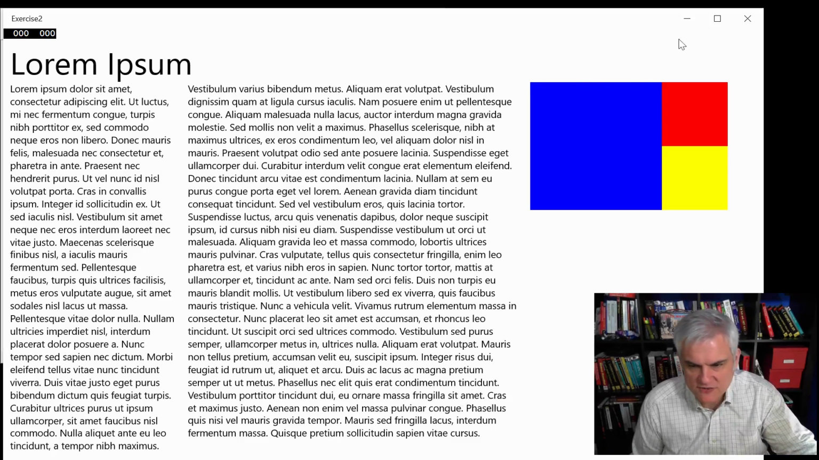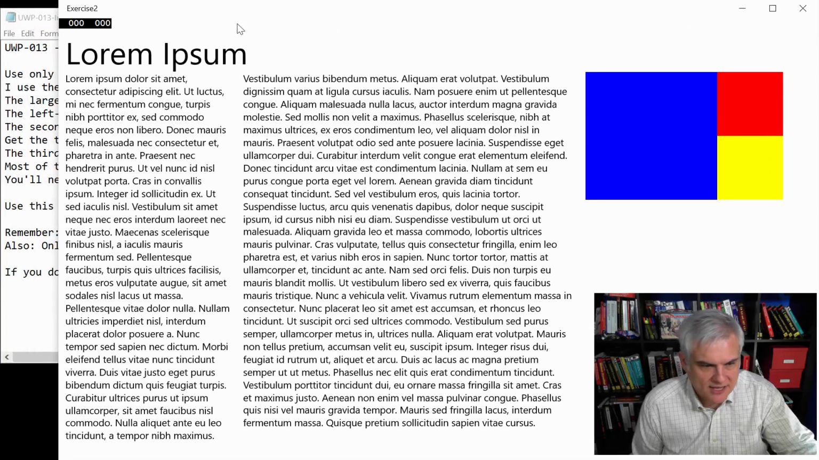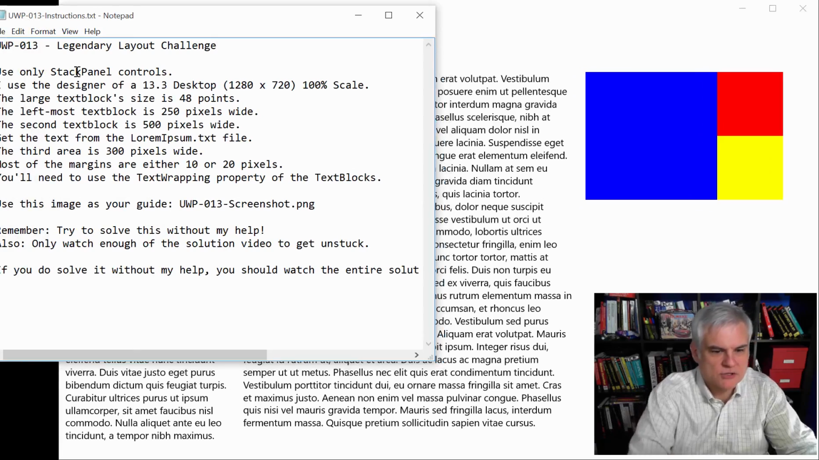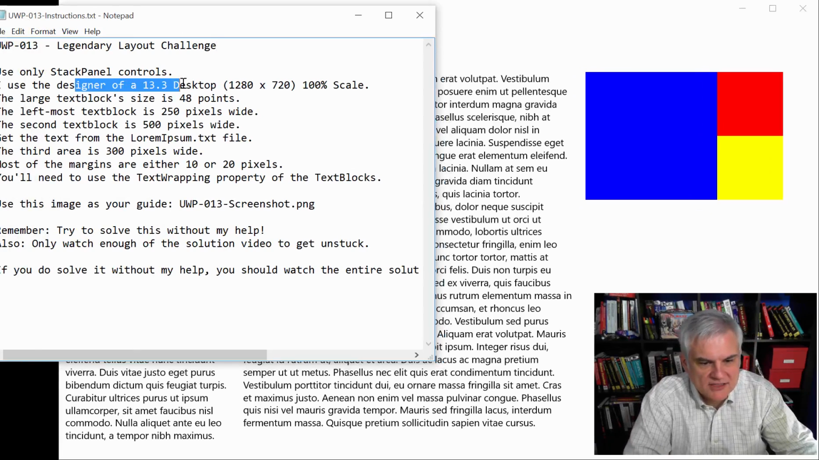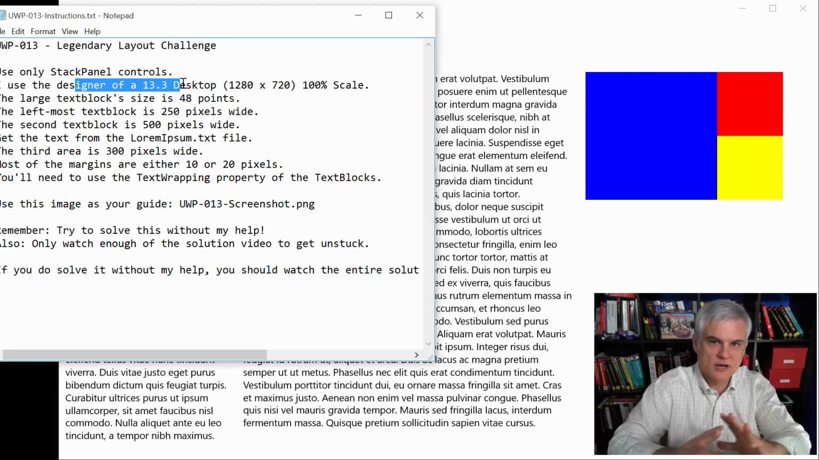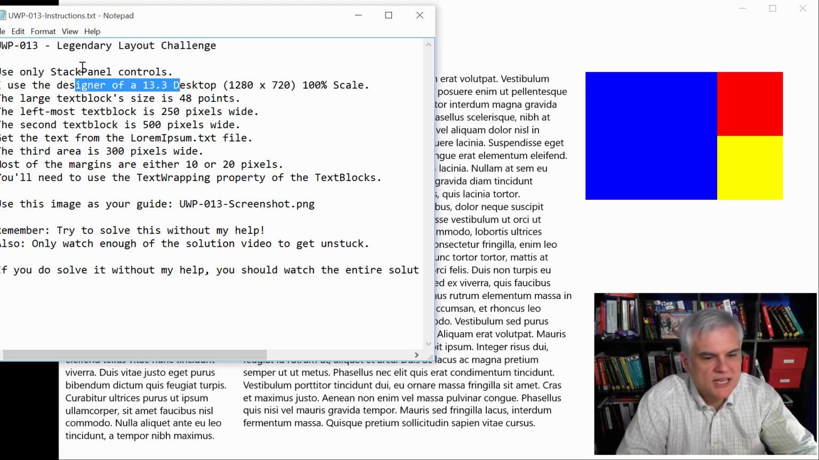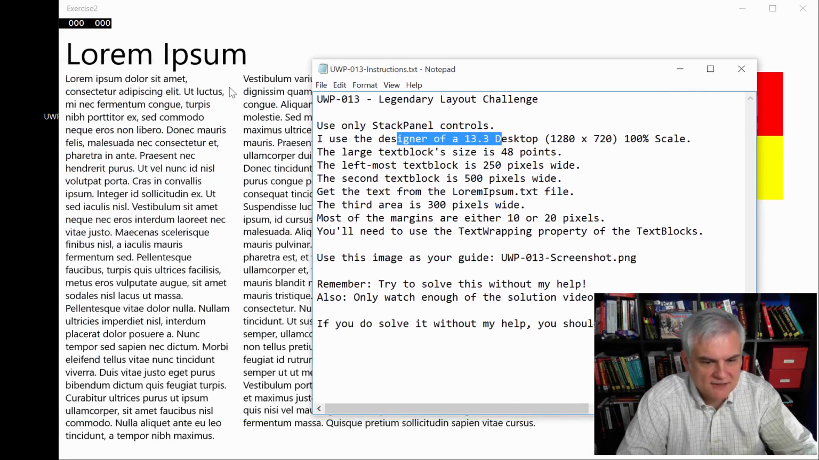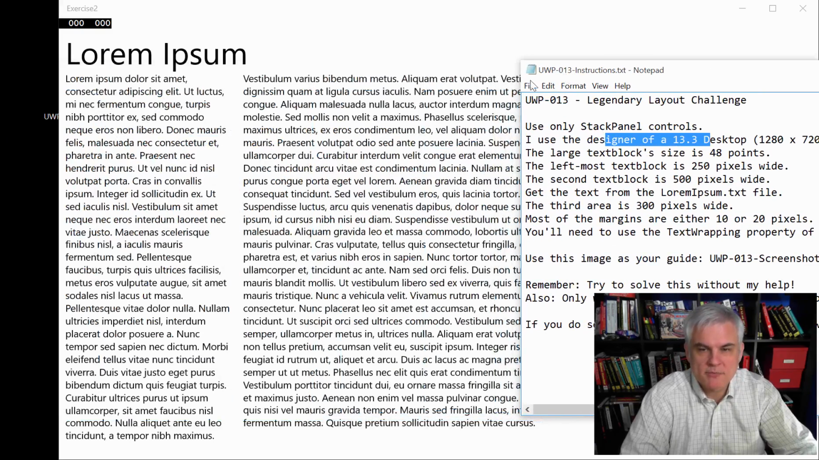Let's take a look at the instruction file. Let's see where I got here. Great. All right. Again, Legendary Layout Challenge. Only use stack panel controls. The designer I set to 13.3 desktop 1280 by 720 100% scale. That might help you as you're building this. You're going to need a little bit more horizontal space to work with. This text block at the very top is 48 pixels. The leftmost text block will be 250 pixels wide, and then the next one will be 500 pixels wide, according